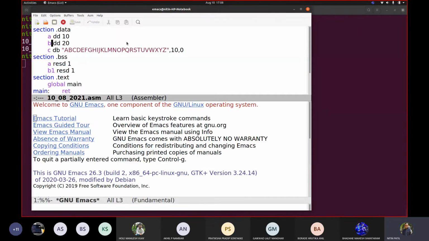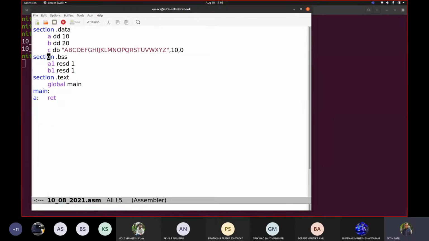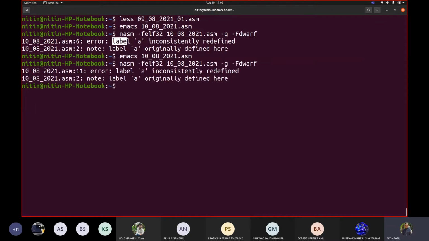instead of this A, if I write here A colon, correct, as a label. See this code. I have defined A, B, C. I have defined A1, B1, and then I am redefining one label. Now it is not a variable, correct? This is a variable for me as my programming sense tells me. And this is what I call a label because it is containing a colon. So if I try to assemble now, you will see the similar kind of error which we saw earlier. So there is no difference in terms of verifying what kind of error it is.